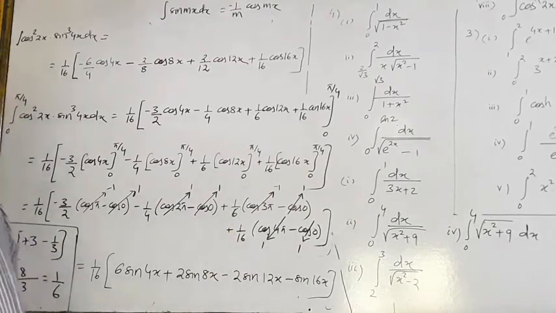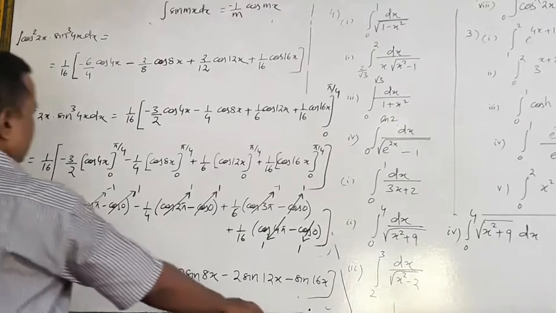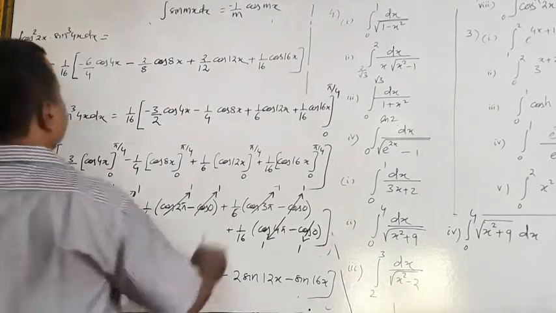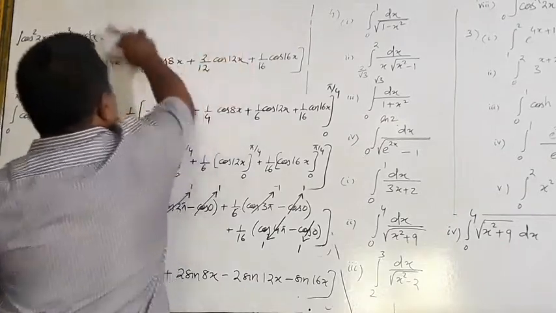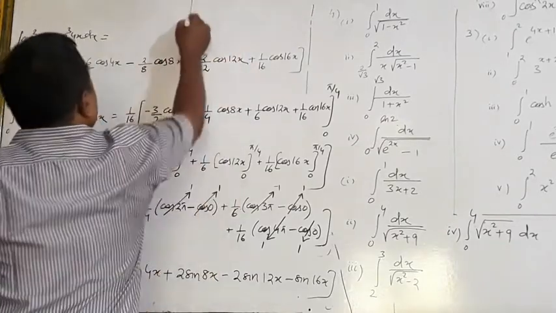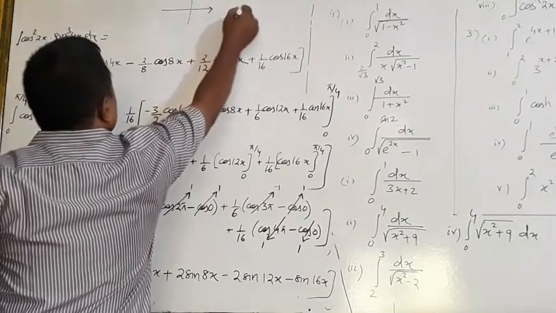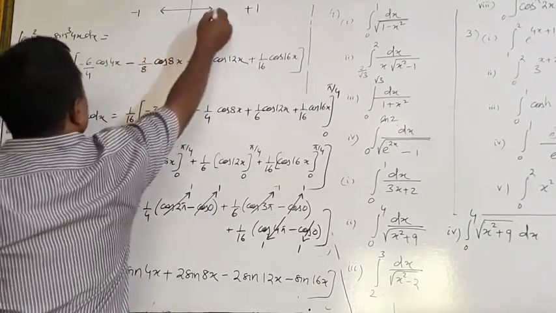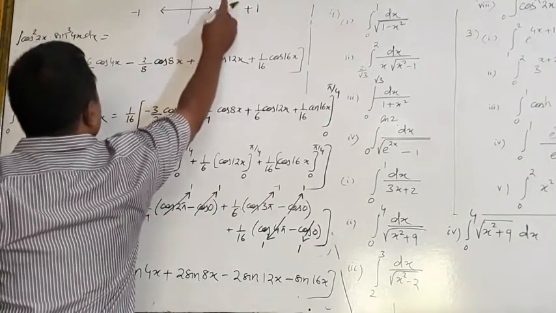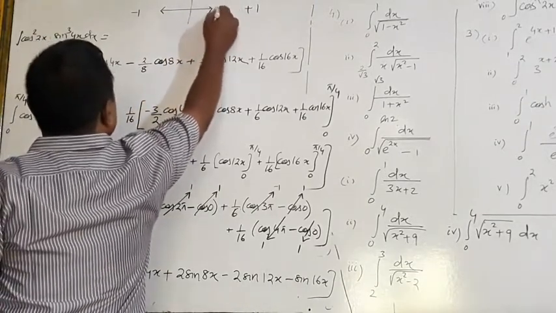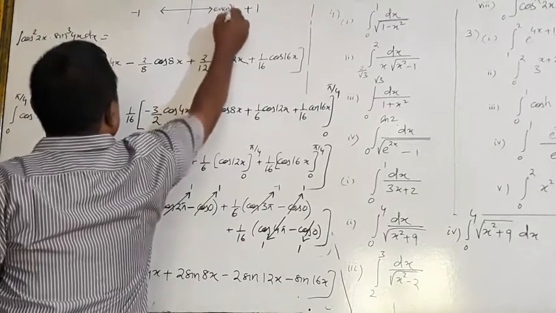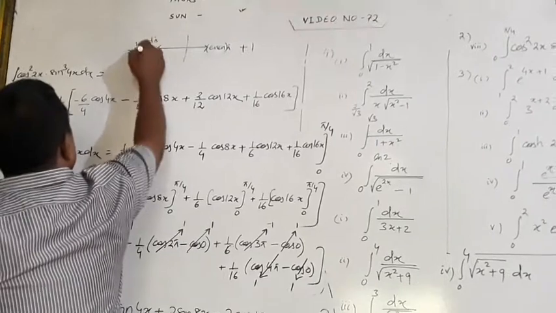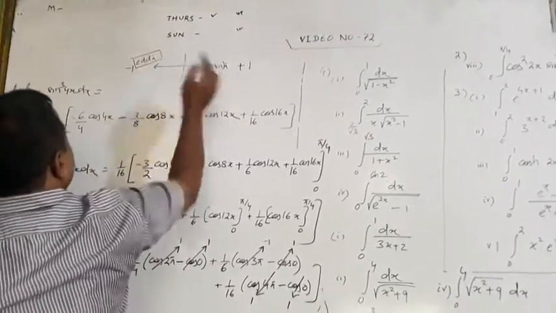Look here. These two terms will cancel. Why? You should observe what happens. I am writing it here. On this line cos gives plus 1, and on this line cos gives minus 1. This is even pi, this is even pi, even pi, and this is odd pi. So cos of odd pi is minus 1 and cos of even pi is plus 1.